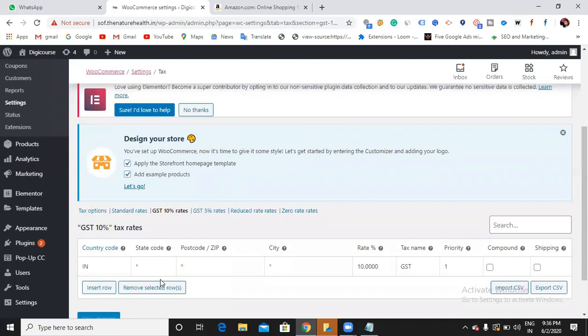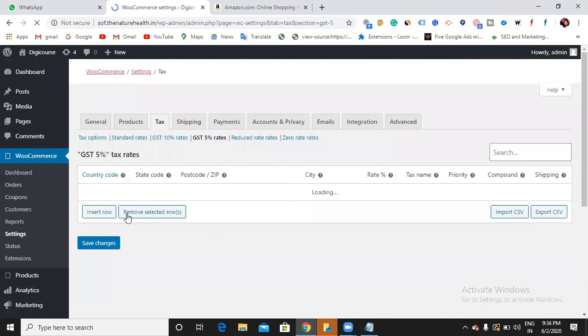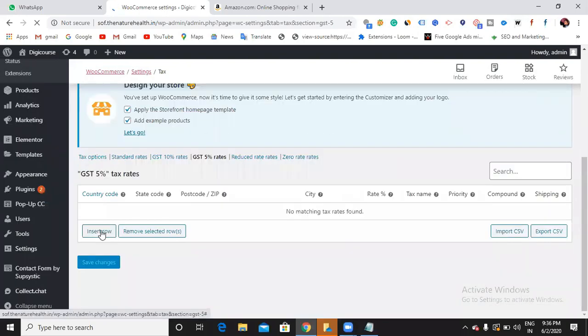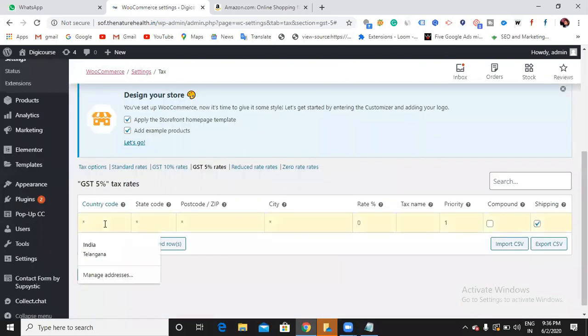Okay. And then I also want to mention the tax rates for GST 5 percent. So I want to choose the country code for this. So again, insert row. This is also for India.